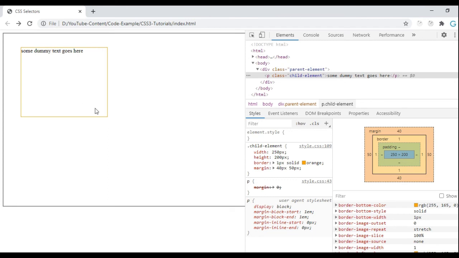Here is our element and inside this element some content text is coming. Now I want to put space around this text, suppose 30 pixel from top and left hand side. So how will I achieve this?